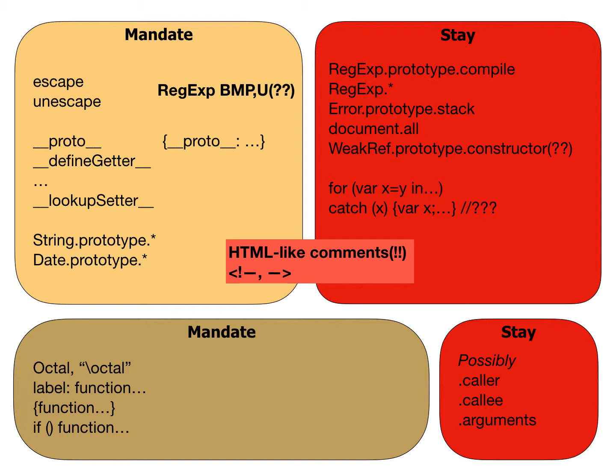Since it's syntax, my bias on syntax is to mandate syntax, because however horrible the syntax is, having the syntax cause programs to parse differently in a way that does not cause a failure is a worse horror. But with both for and catch, if we did continue to let them stay in Annex B, both of those do cause reliable failure if they're not acceptable by the parser, so those aren't dangerous.